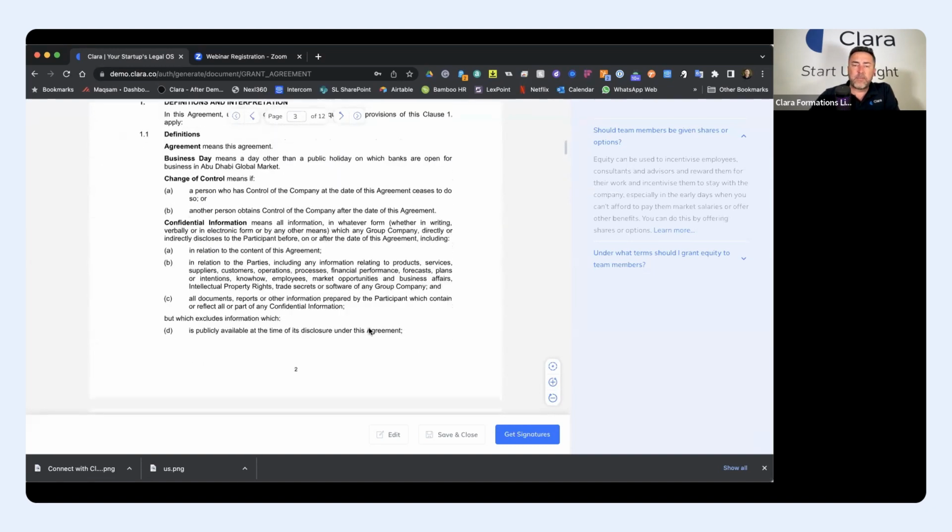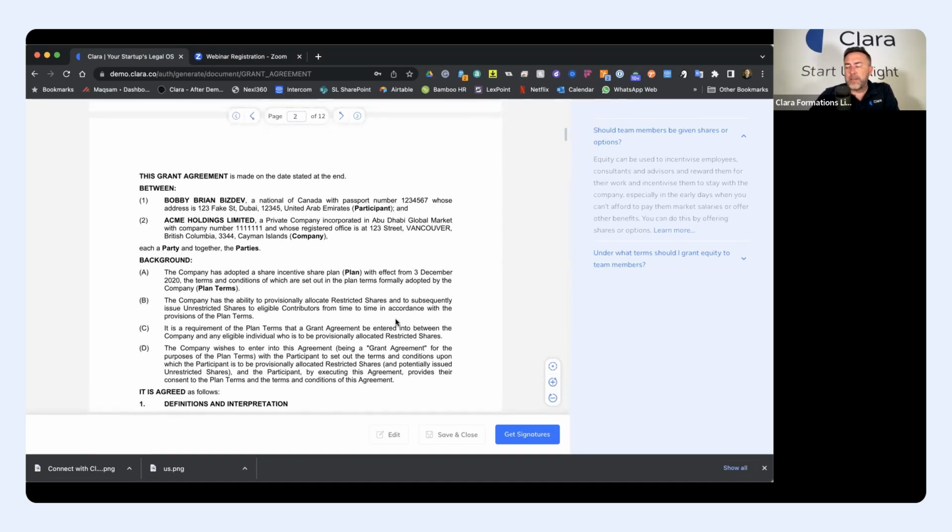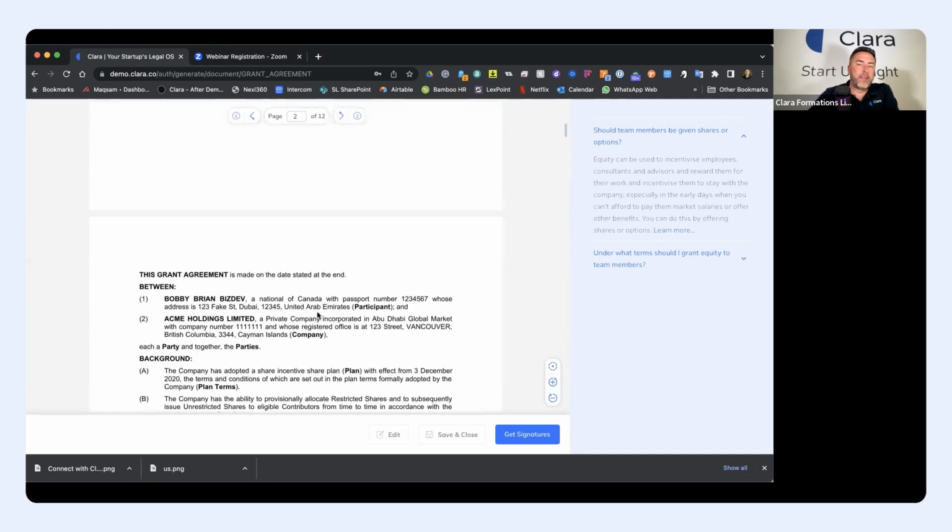One of the things our system does is, as you can imagine, when you're giving a grant to perhaps an employee or someone who isn't used to reading long-form employment or long-form agreements, then we create a frequently asked questions document, which allows them to read it in sort of plain English, where they can see a question that they might be asking, like, hey, can I sell them? When can I cash out? What happens if I leave? All of those things are answered so that that'll form part of their grant agreement